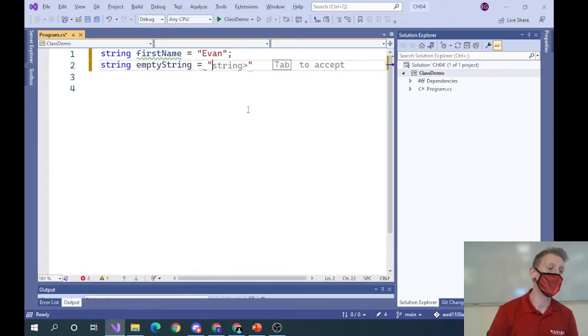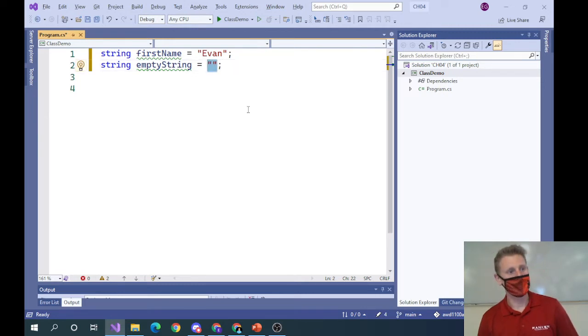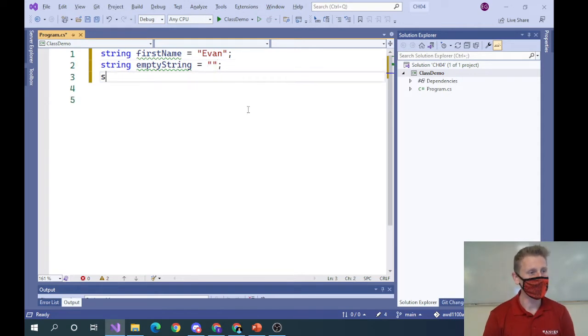There is something called an empty string. And an empty string is just what it sounds like. It's a string with nothing in it. Now that is a little bit different than null. By the way,